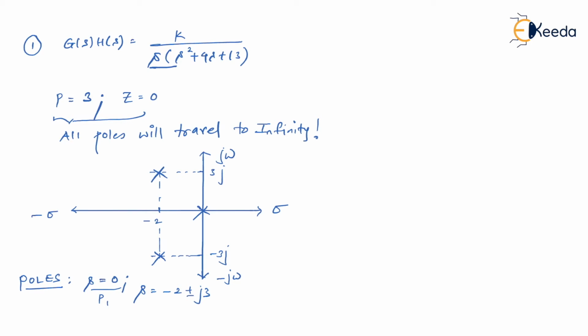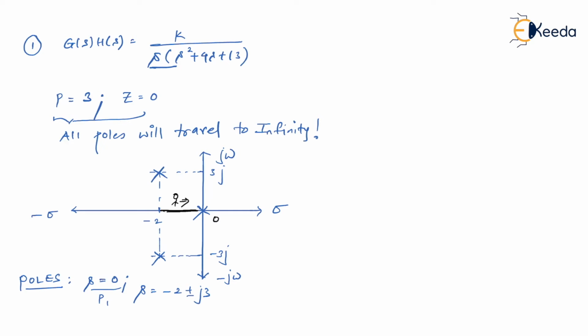If you remember, we have already studied the rule that a point on the negative real axis would be on the root locus provided the total number of poles plus zeros to the right of that point should be odd in number. So over here, between let's say 0 to -2, there will be a root locus. Why will there be a root locus? It is common sense. Because if you be an observer here and if you look at the right hand side, the total number of poles and zeros, now there are no zeros. So total number of poles to the right hand side is only 1.